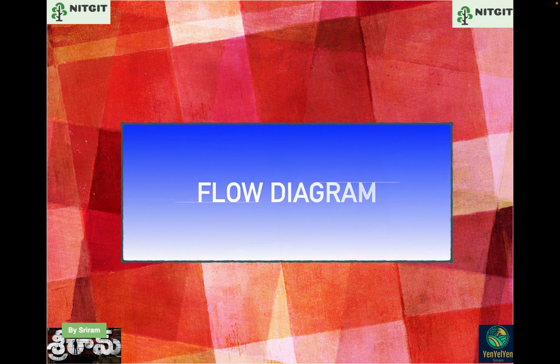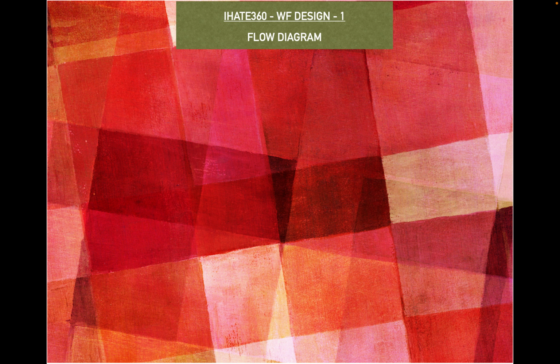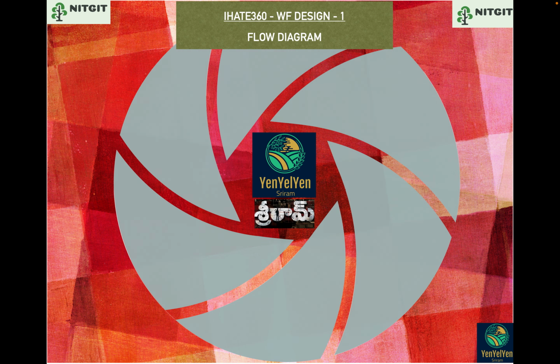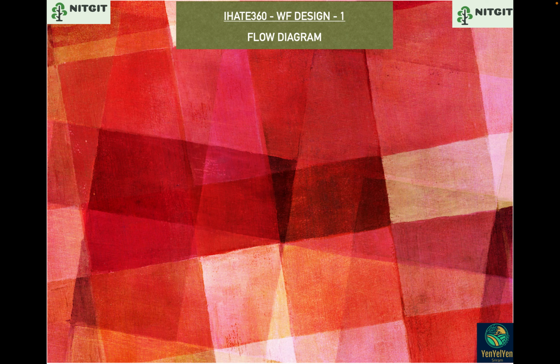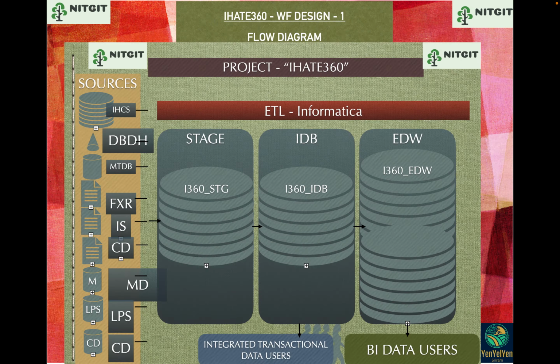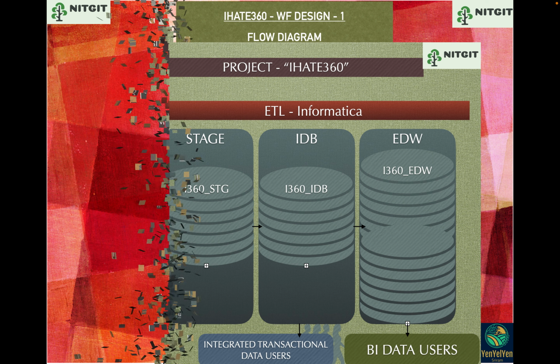Let's get into the next slide, that is the flow diagram. Let us see the flow diagram of the workflow design. We're in the flow diagram section. Before going to that, I wanted to recap to understand how we create a flow diagram. Here, if you see sources, we have 10 sources. This is the project for Jaffa Bank. So there are three steps here: stage load, IDB load, dimension and fact loads. This is the project for which we are creating a workflow. Let us see the flow diagram first before going into the actual design.